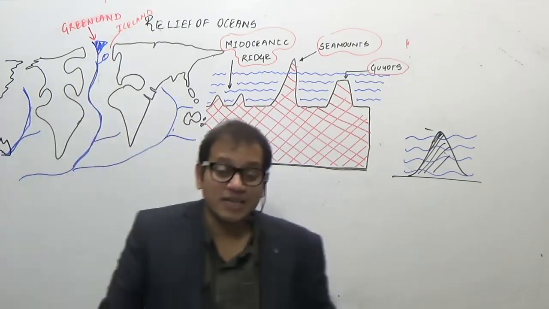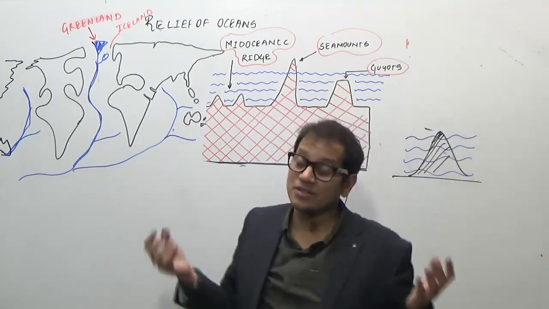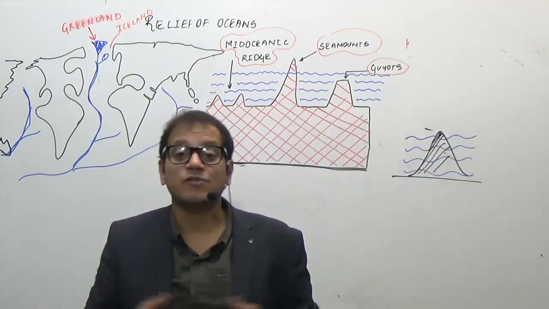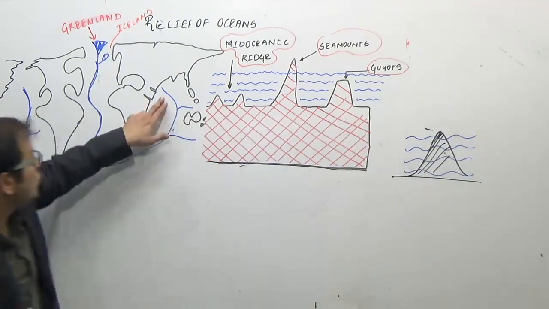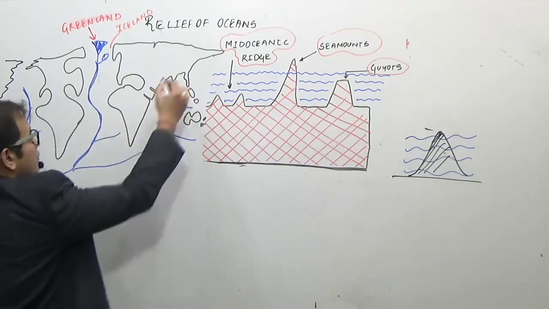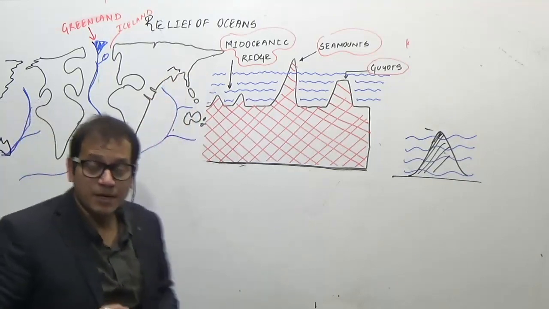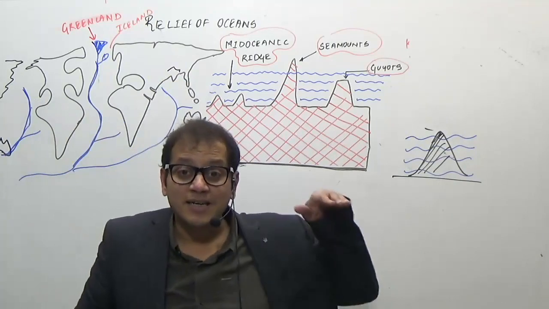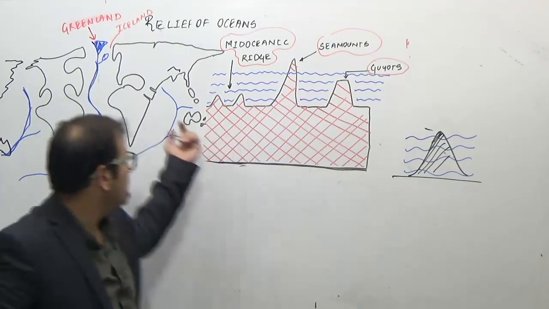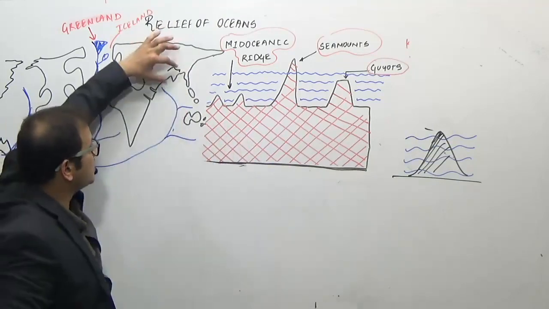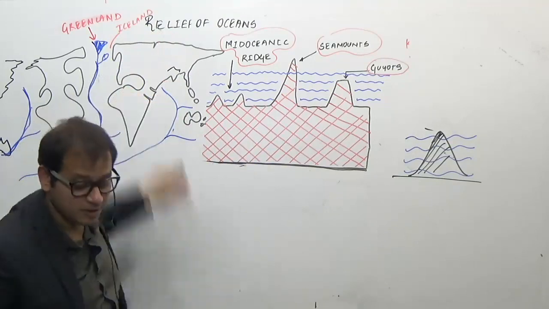So the mid-oceanic ridges are the longest mountain systems in the world. Why longest? Because somewhere in the world the sea floor is spreading. See the location of the mid-oceanic ridge here. Why like this in India? Because it is parallel to the Himalayas here. Whenever the Indian plate goes below the Eurasian plate, there is an opening up of a mid-oceanic ridge, because this represents a convergent plate boundary and this will represent a divergent plate boundary.